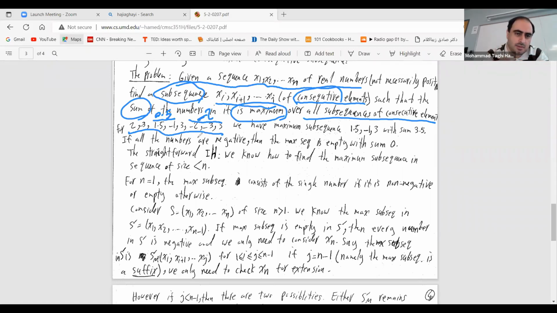Yeah, something like this. You can compute it. You can consider also the whole thing. So among all these consecutive sequences, we need to find the one that has the maximum sum. And the maximum sum here is what? In this case, if you consider this guy, -1, 1.5, -1, and 3, then the sum would be 3.5, and that's max.